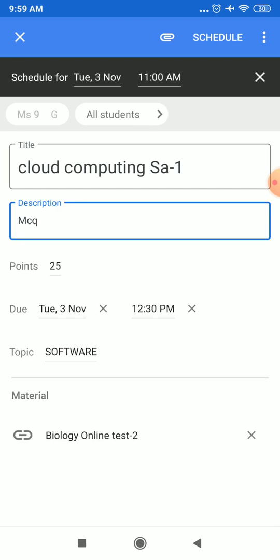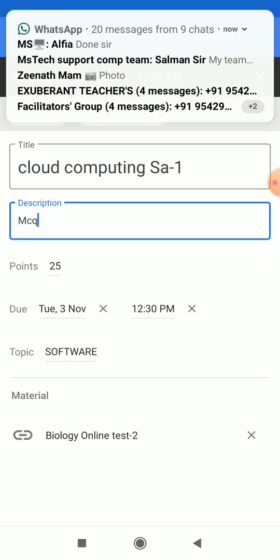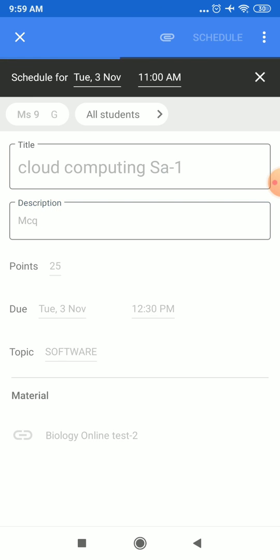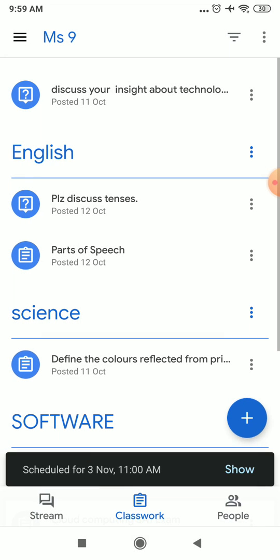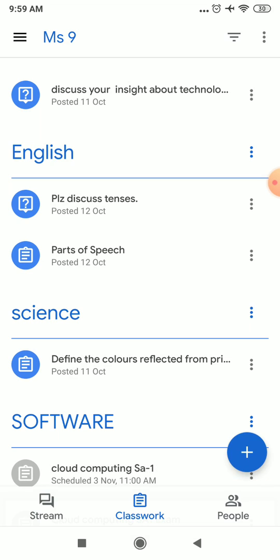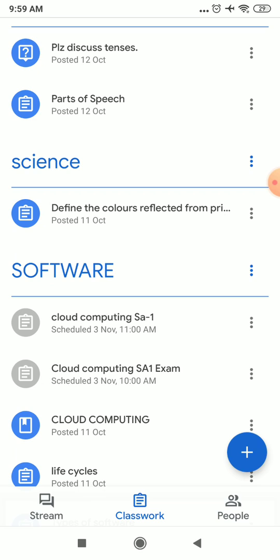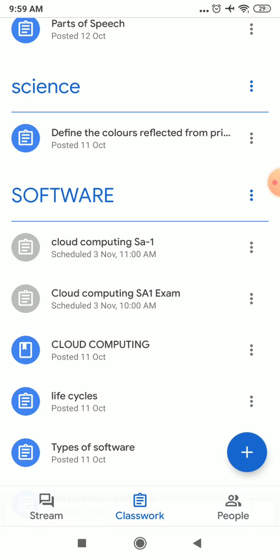attachment, which is a Google form link, and then just cross check whether it is fine with the respective date and time, and click on schedule such that this assignment will be visible to students during SA1 exam, proper time and date. And students time bar, it will not show timeline, it will not show, but for you it will be showing in this particular format, which is scheduled for so and so date and so time.